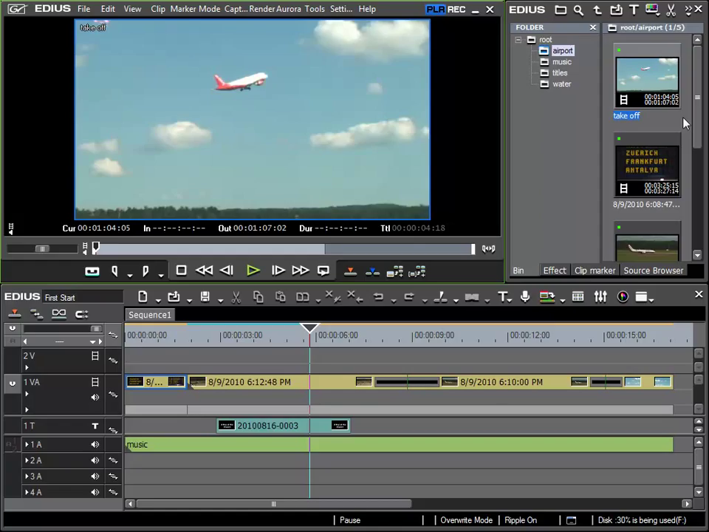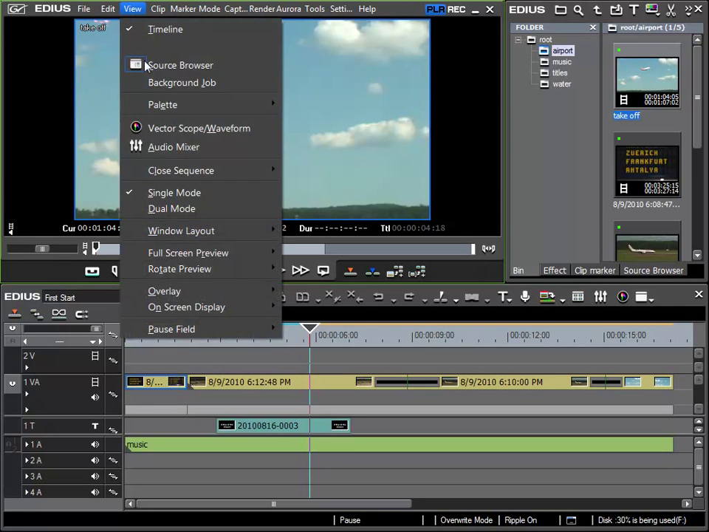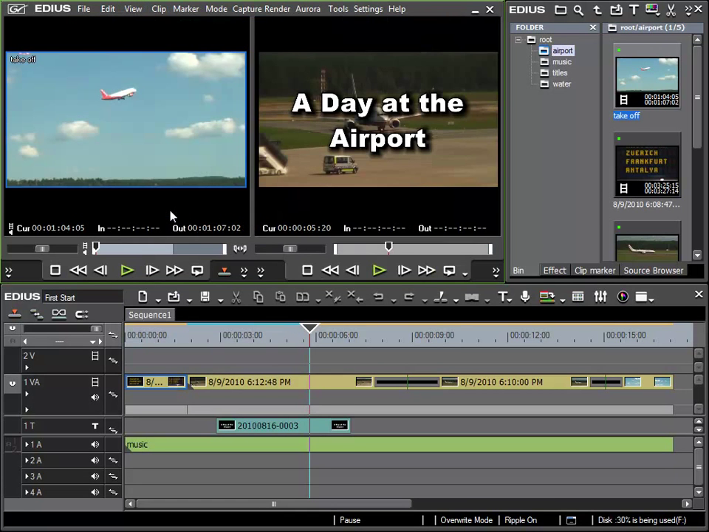It would be nicer if we could see two preview windows, one for the material you want to view and place, and one that is always showing the frame at the current cursor position in our timeline. And this can be done by choosing dual mode, which I will now choose by going to the menu View, Dual Mode. And now we can see that the left preview window, which is titled in the manual Player, shows